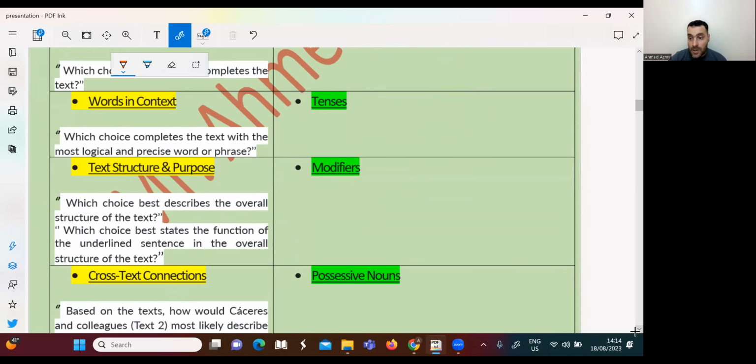Come on, it's time to practice. I will choose one skill from the reading and one from the writing. Okay, central ideas questions. Central ideas questions. I need